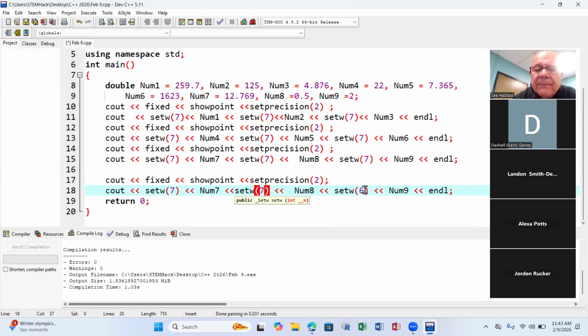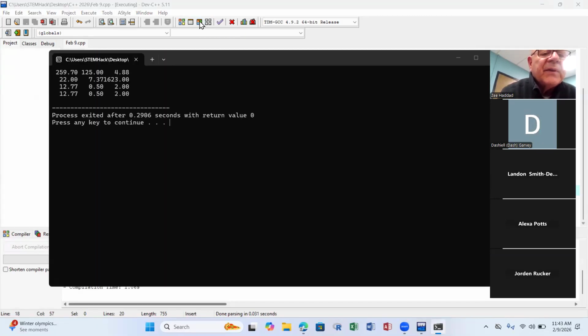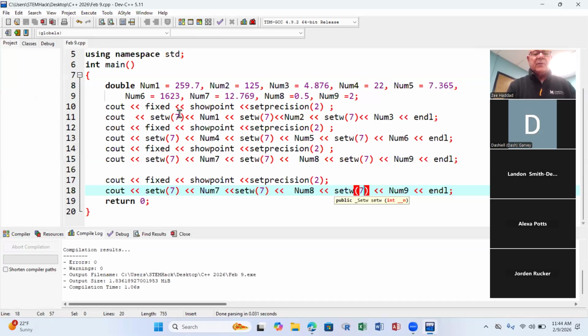I might want to make it bigger to separate some of the numbers, because it looks like this second number is much bigger. But notice they line up here. But this number here: 1, 2, 3, 4, 5, 6. That's why. So let's make it like 8. Then all the numbers will line up nicely. 7 wasn't big enough. That's why the second number doesn't have a space between them. So if you make it 8 or 9 for all of them,